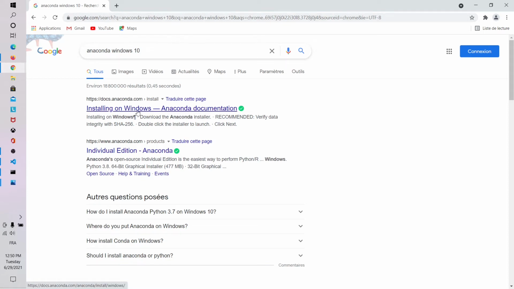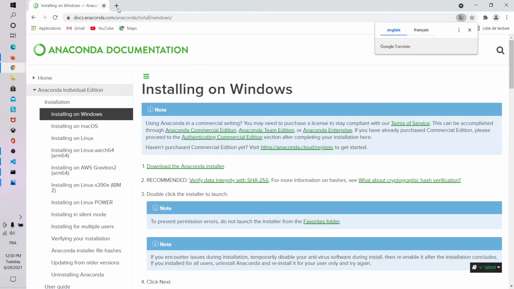So today we're going to see how to install Anaconda on Windows 10. And the first thing we're going to do is to type Anaconda Windows 10 in a browser. We'll have several results, and we'll first check the first one, which is from docs.anaconda.com on how to install on Windows. So here you have the documentation. You can read it if you have other questions, and we'll return to the search result page and